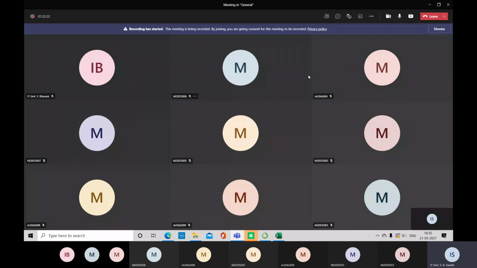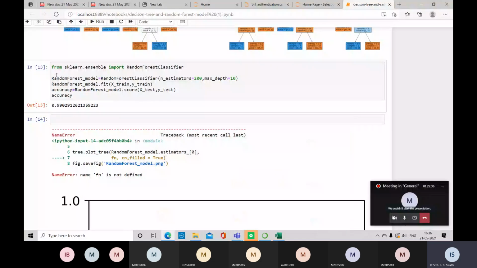We took the data file and generated a decision tree. For the same file, you try to execute this. These 5 lines only you are going to add, and you have to check what is the accuracy of that model. I think it will take hardly 10 minutes.